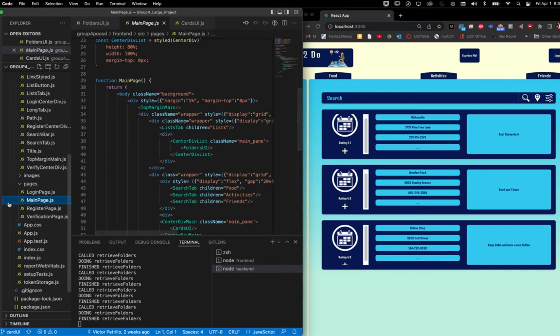Oh yeah, the main page. These are the search tabs where I have food, activities, friends. This whole idea of using children